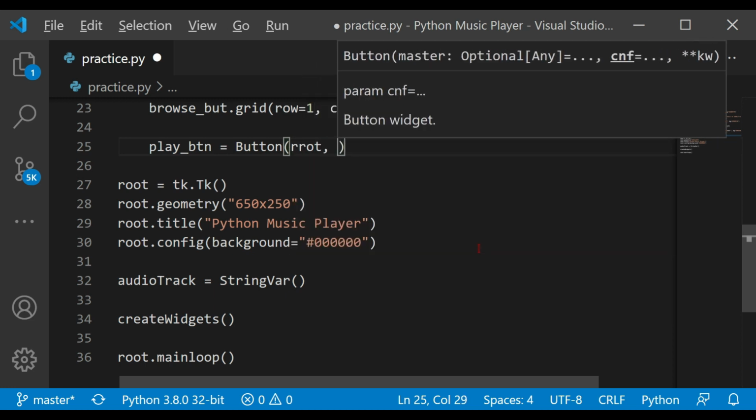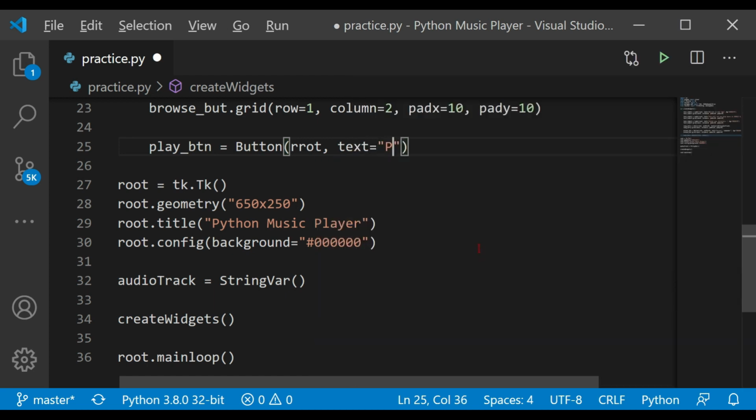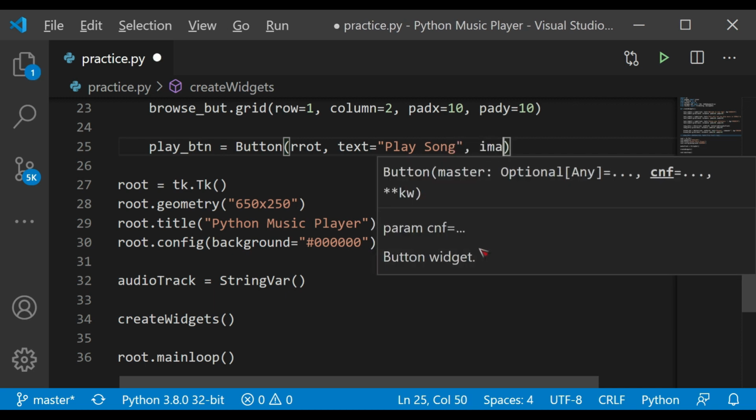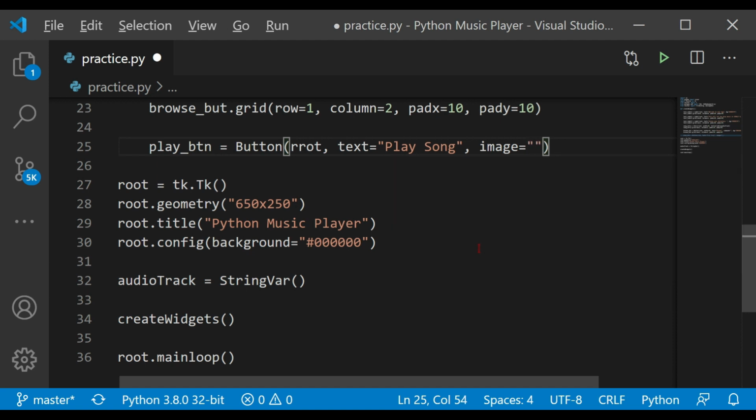It should have a width. Sorry, it should have a text first. Let's say play song. It should have image of the icon. Okay, so I'll leave it blank right now because I don't have an image. So when we'll be importing that image, we'll be passing that here. It should have an image, of course, a command,